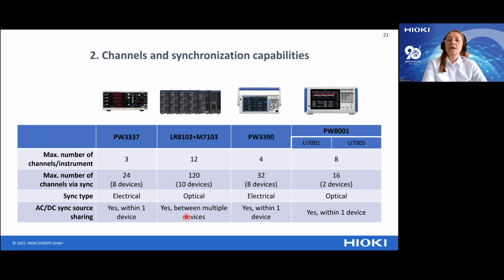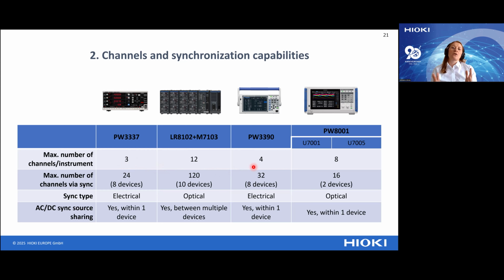Then we discussed the channels and how many channels you need. You have to put some thought into that before buying the device, because some devices are limited. Looking at the power meters, they go from 1 to 3 channels. In this case, it's 3 channels. And we also have data loggers, which offer up to 12 power channels of simultaneous measurement. And then the power analyzers with 4 and 8 channels.